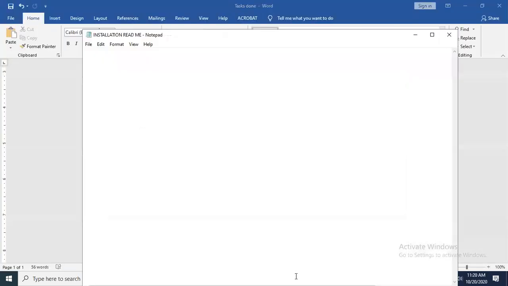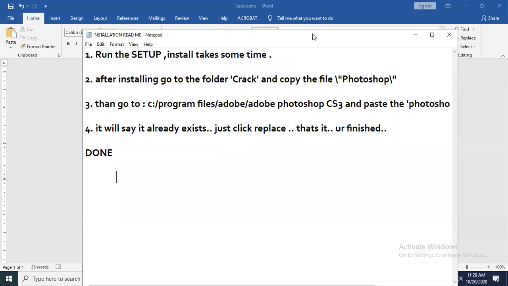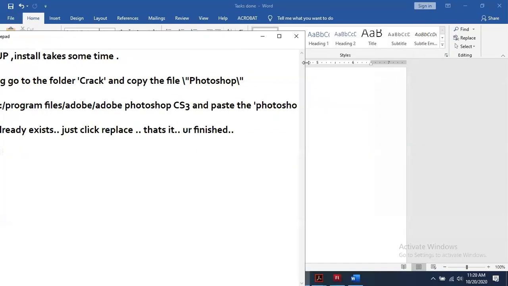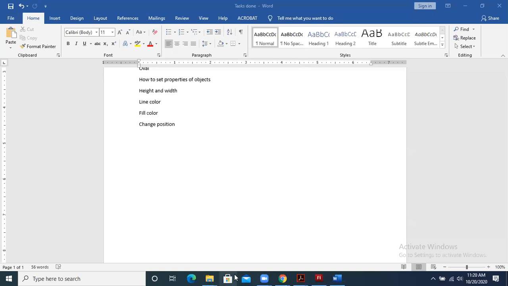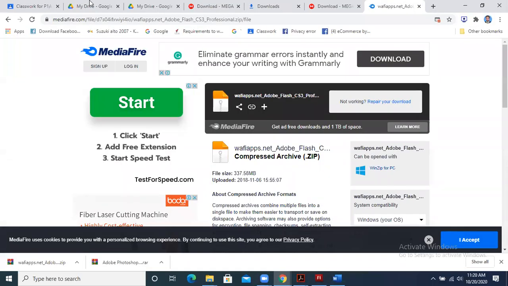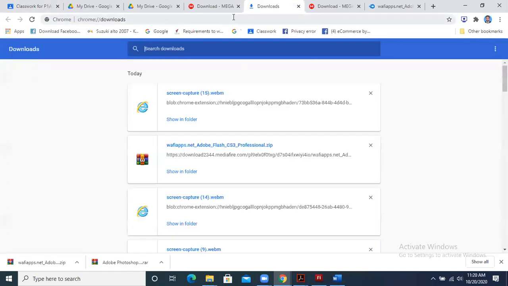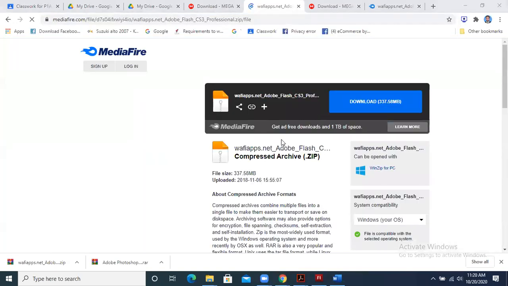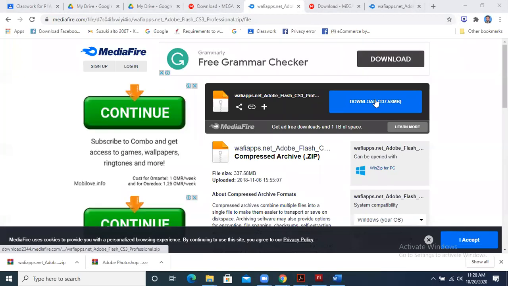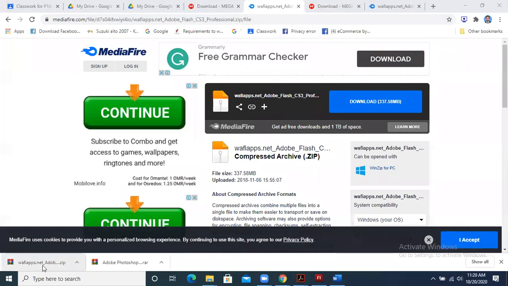Let me show you. In your Google Classroom, I have given you this Flash link. When I copy it and paste it over here and click it, it is downloaded. Can you see this download?